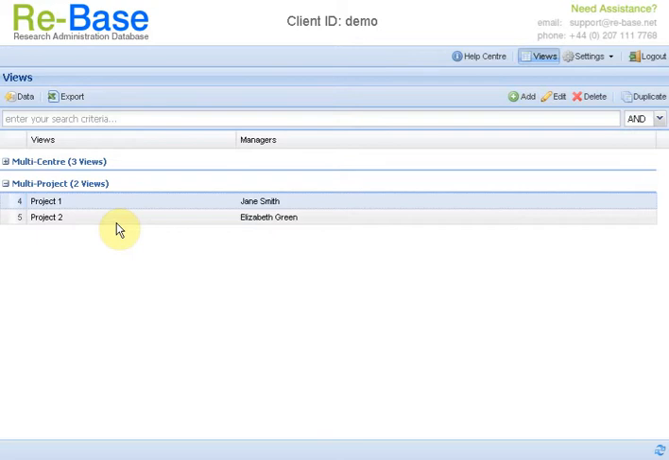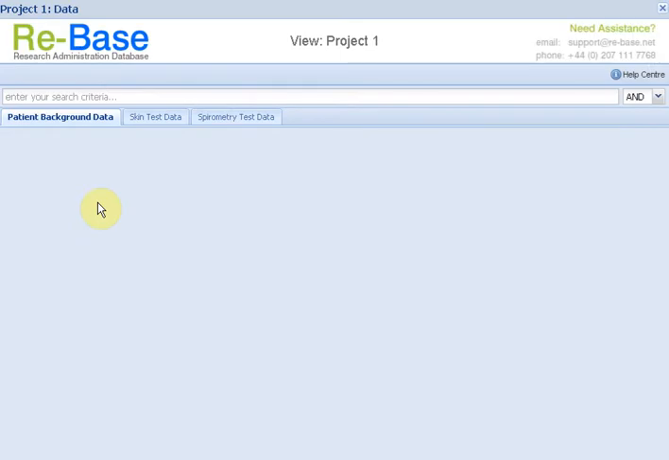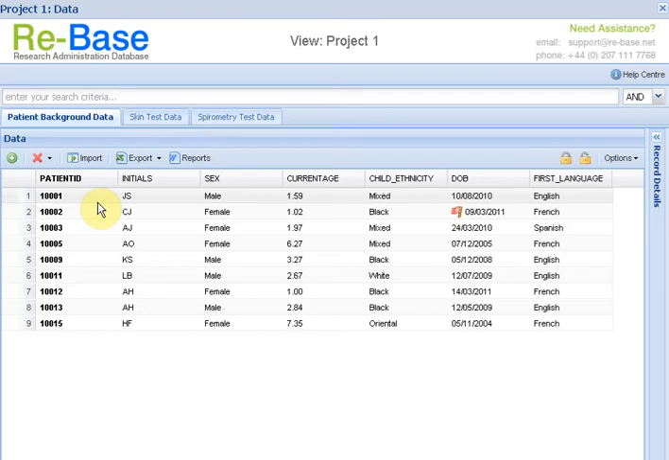So if we open the project 1, we see it's been customized by the project administrator to the specific needs of this project. For example, it has 3 tabs, one for collecting patient background data, another for skin test data, and another for spirometry test data. And whilst in this view, staff members can search for data, add, edit and delete records, import